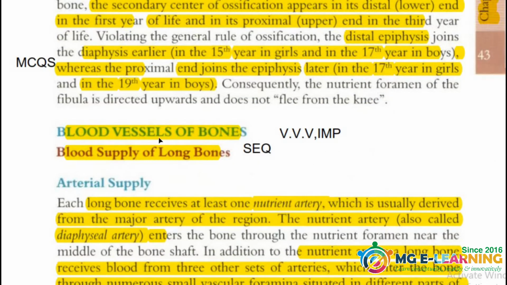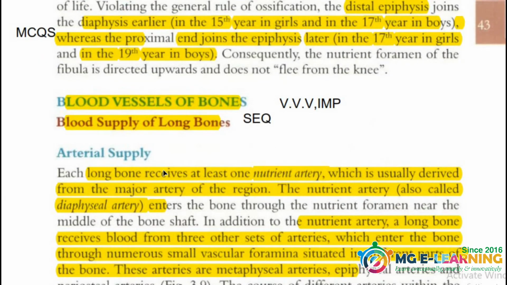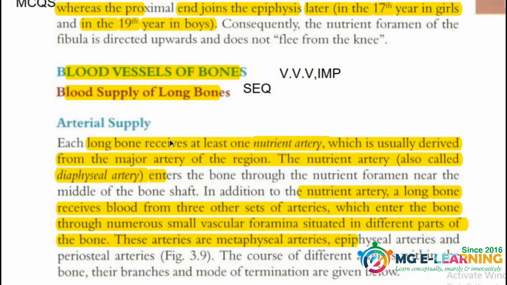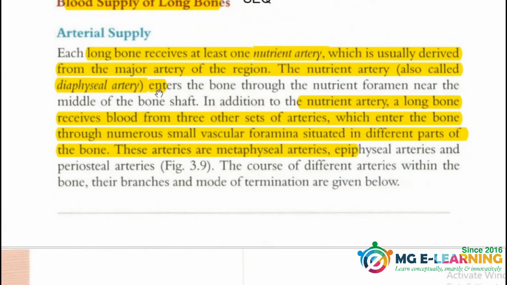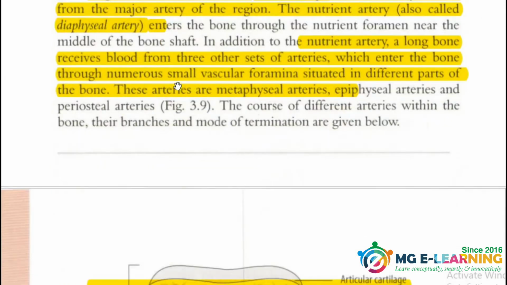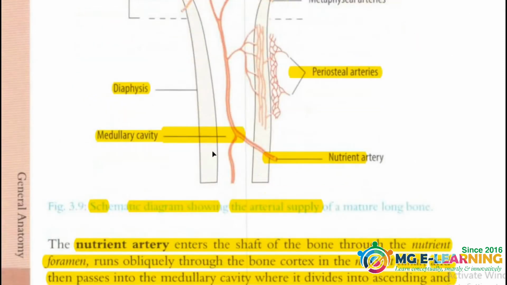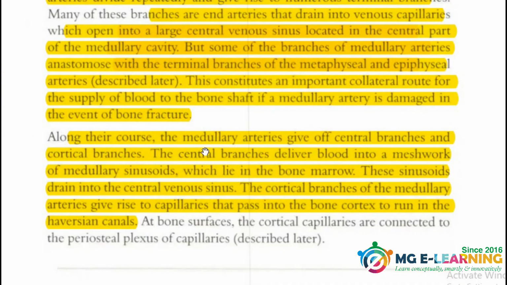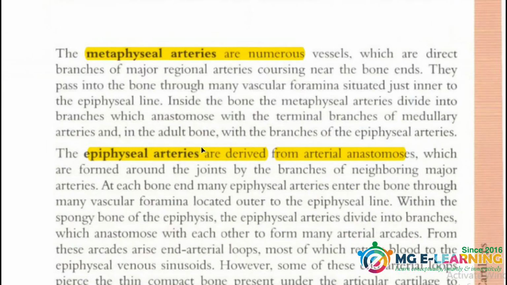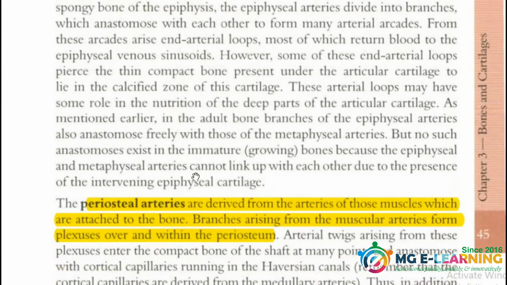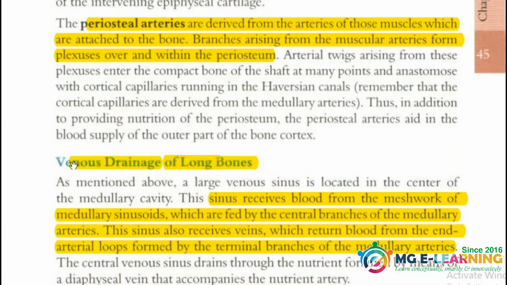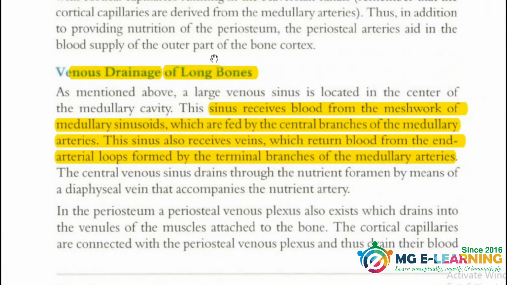Next is the blood supply. Blood supply is an extremely important topic of this chapter. This is almost always an asked question, so you must know this arterial supply and the venous supply. The diagram is compulsory. You have to draw this in your question. So practice this well. Next, these are different arteries, the branches of the arteries and the venous drainage. This is all